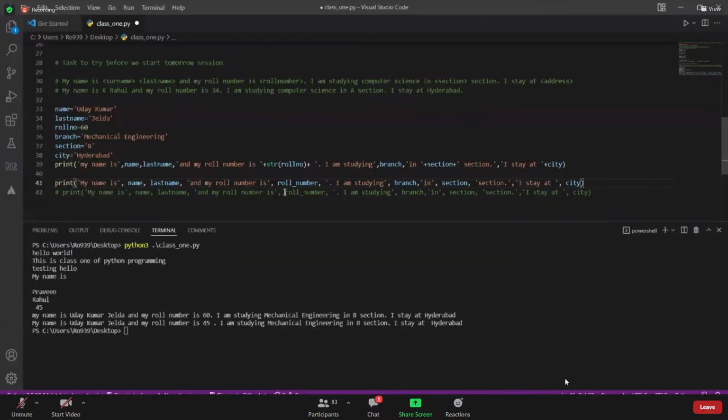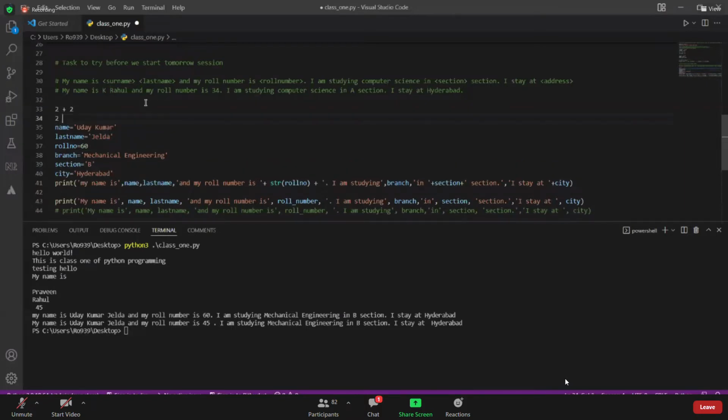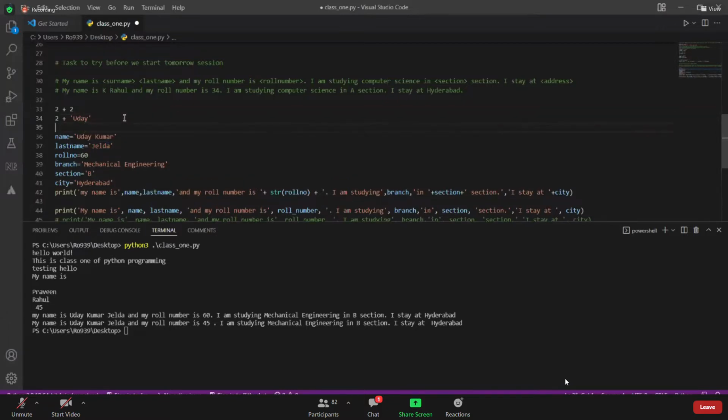So when you are doing comma separated, you don't need to convert a number to string. You have to mention str only when you are having integers. So you are trying to add an integer with a string. If you are adding 60 and mechanical engineer, let's suppose, you cannot add it, right? Because it's a number, so you can add a number with number. So you can do 2 plus 2, but you cannot add it with a string, because you cannot add these kind of things. So when you are trying to add an integer with string,